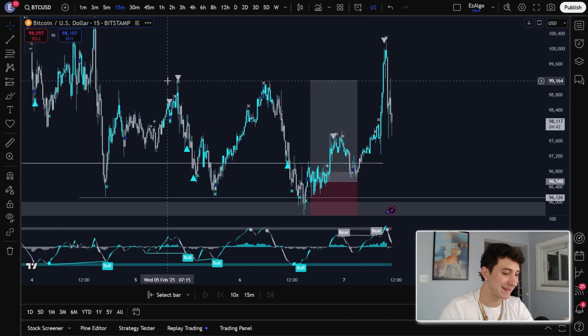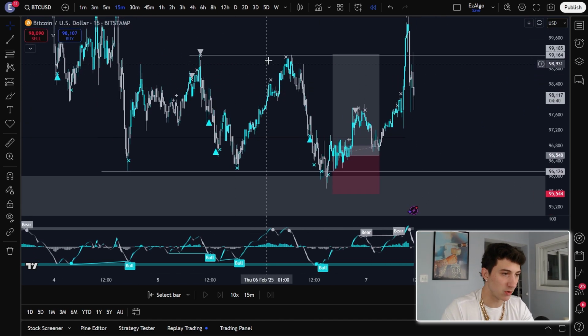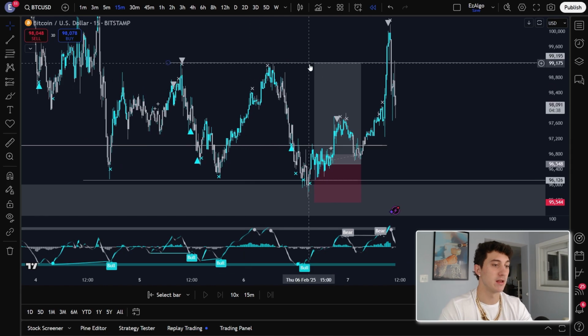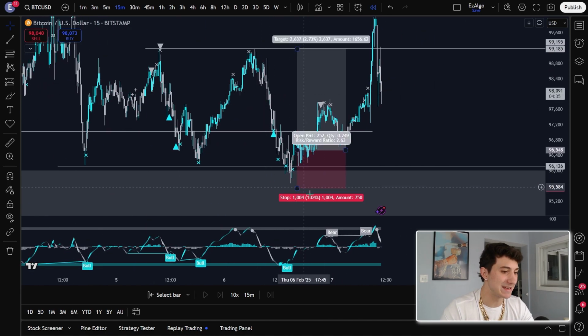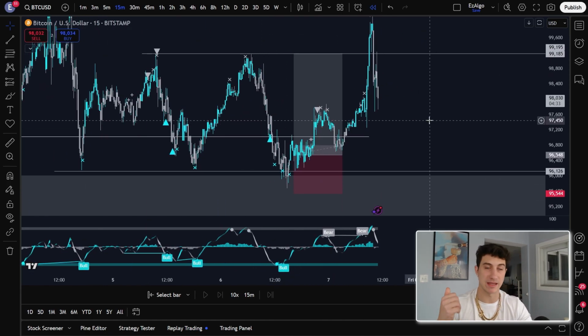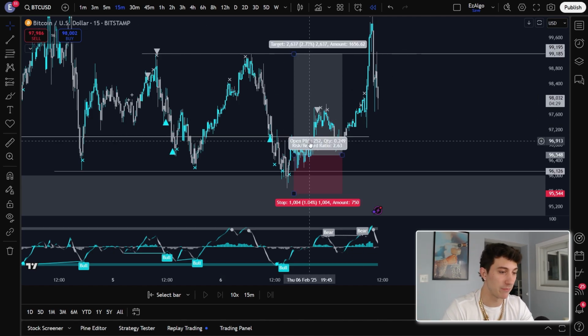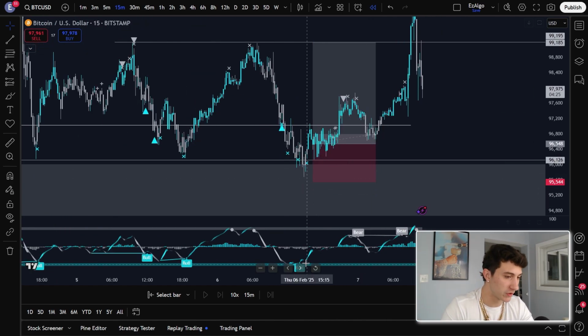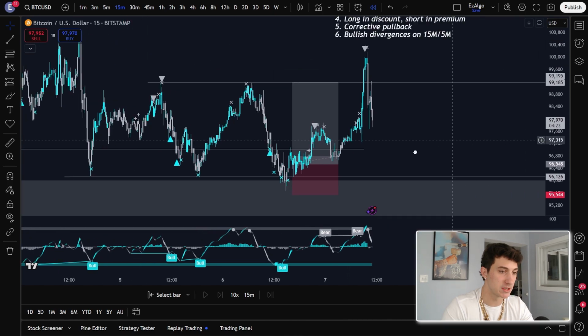Again, you're targeting the highs here, okay? Targeting the equal highs here. This is where your liquidity lies. Very, very simple. That is the entire trading strategy. You need to have a key level in mind, wait for that impulse move up, wait for the corrective pullback down into your level, drop to a lower time frame, look for those bullish divergences and other confluences on our